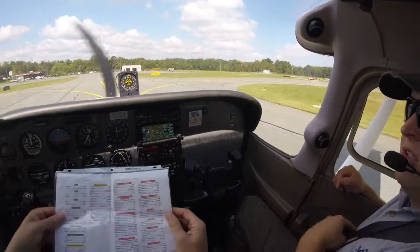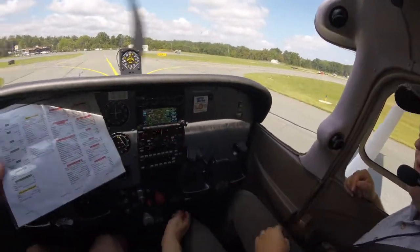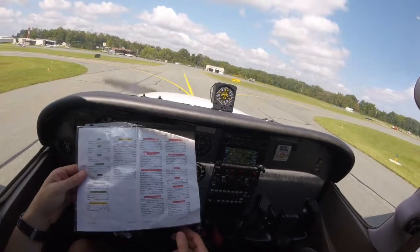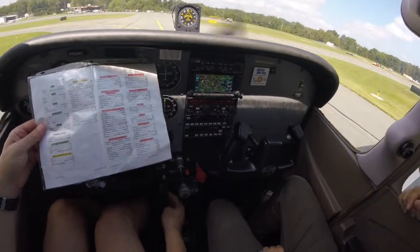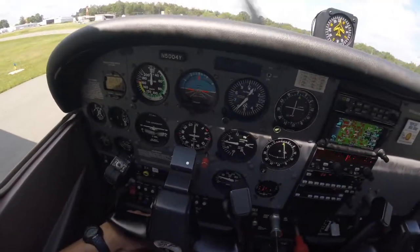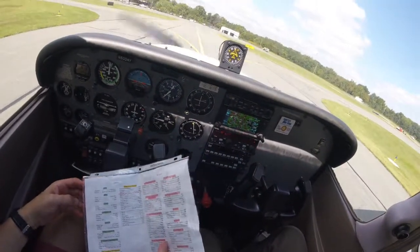Cool. So we're doing the after landing, flaps should be up. That's correct. Mixture should be lean for taxi. Then the trim back to... And the strobes and landing lights are off. That should be enough for our...